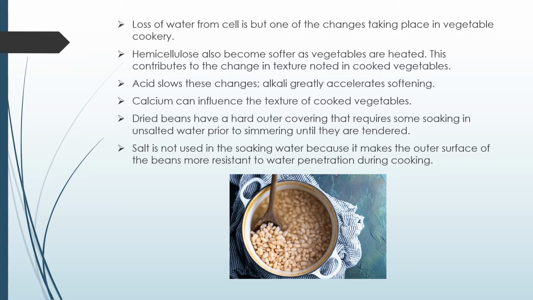Hemicellulose also becomes softer as vegetables are heated, so this contributes to change in texture and it can be noted in very much cooked vegetables. Acid actually slows these changes. Alkali greatly accelerates softening. So, the effect of acid and alkali on the softening of many beans and chickpeas